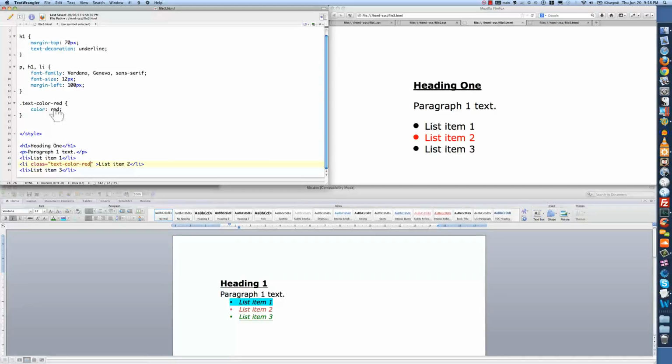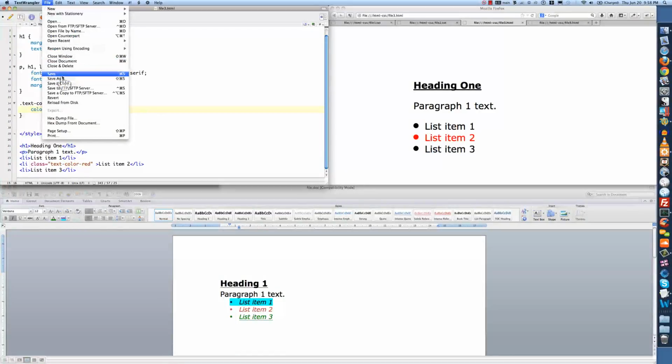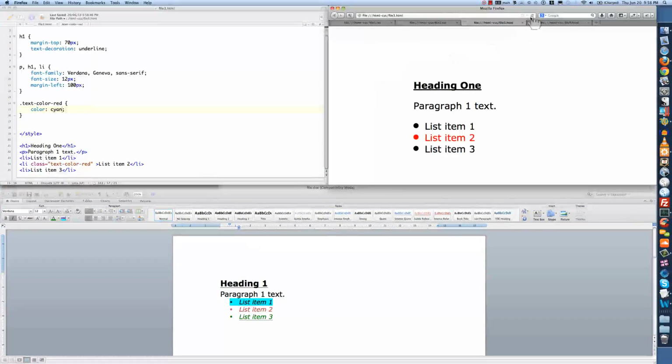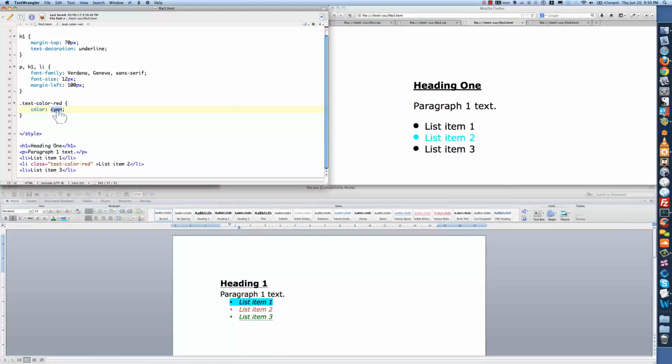And I can change this color to whatever I like. Let's just change it to cyan, for example. Now note what I've done. I've just changed the styling here. I haven't changed the label. So even though it still says here text color red, it's actually now defined as color cyan, which is a light blue. So refresh here. See that? I can put whatever I like here, and I can call this label whatever I want. But obviously it makes sense if you're consistent. So I'll just change it back to red, save again, and